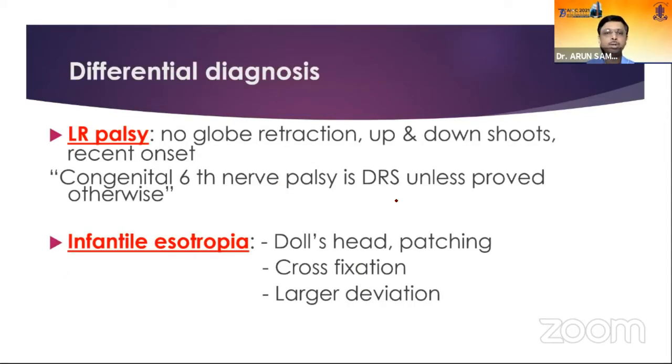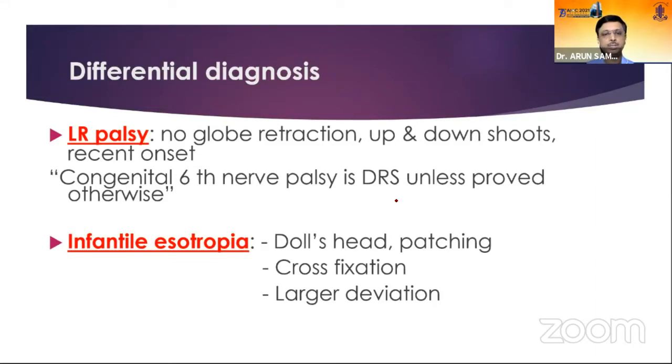Differential diagnosis is important because the most common condition which is misdiagnosed as Duane's is the lateral rectus palsy. Many a time we get a reference from the pediatrician telling that a 6-month-old baby is having a lateral rectus palsy, so it's an acute neurological condition. You please examine and diagnose. Most often it will be Duane's retraction syndrome only. Congenital lateral rectus palsy is very rare in a child. So you have to differentiate this condition from Duane's retraction syndrome.